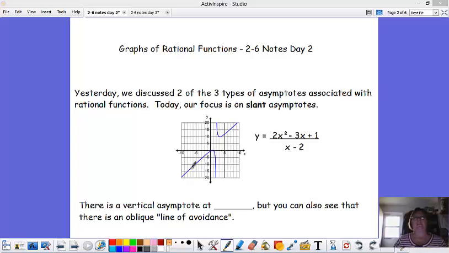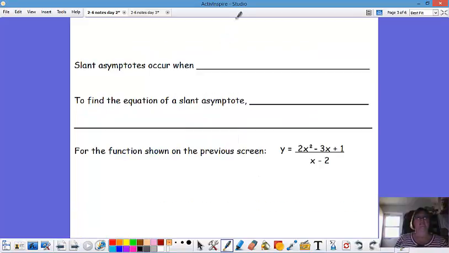However, you can see, or if you think about it, there is a slanted line in here, an oblique line, that this thing looks like it's butting up against, and that's exactly the case. Today we're going to take a look at that type of slant asymptote. So there's a vertical one at x equals 2, but we're going to look for that oblique line of avoidance there. Slant asymptotes occur when the degree of the numerator is exactly 1 more than the degree